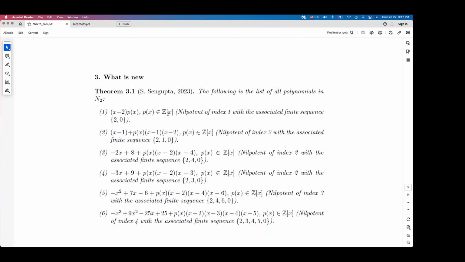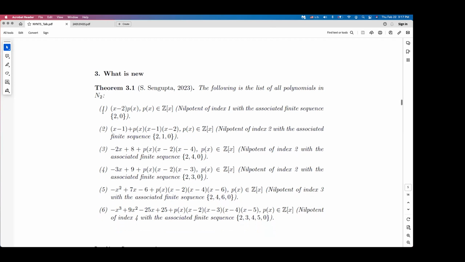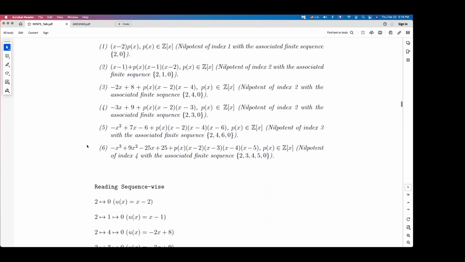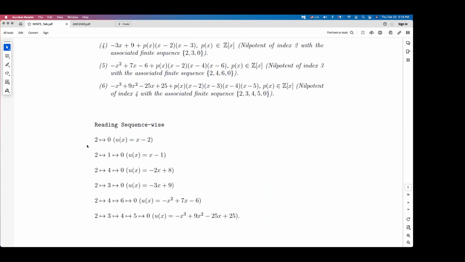So this is a picture of 2. So there are 6 possibilities or 6 families. And if we try to understand them in terms of sequences, in the sense of how the numbers are going from where to where exactly, this can be read as polynomial sequences, because it is associated to a generating polynomial, which is u(x) here. So there are exactly 6 possibilities.